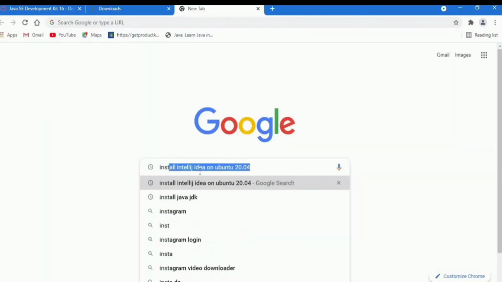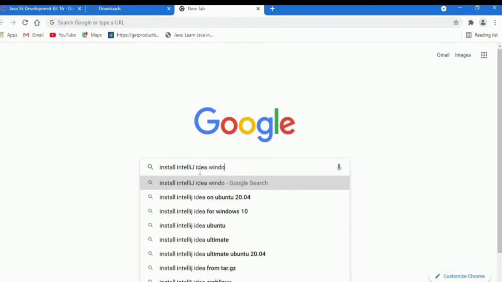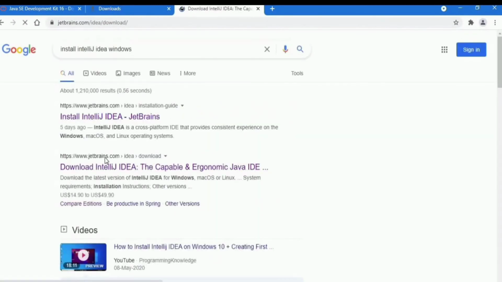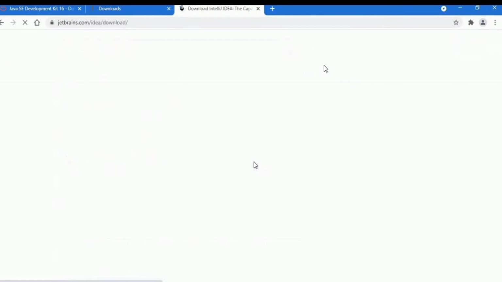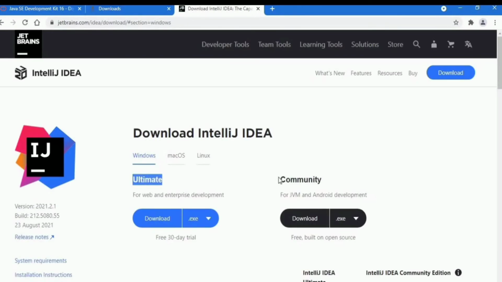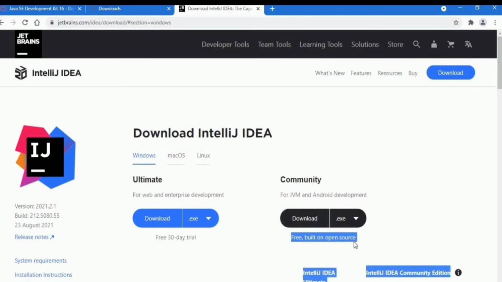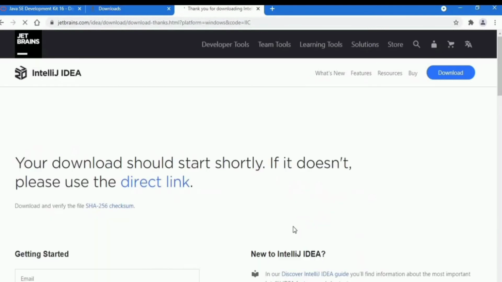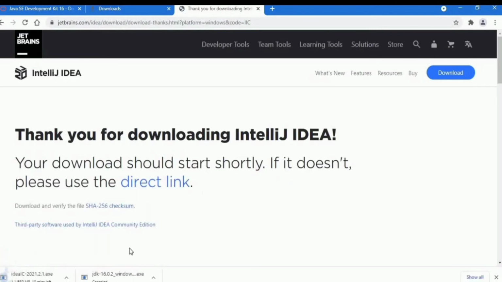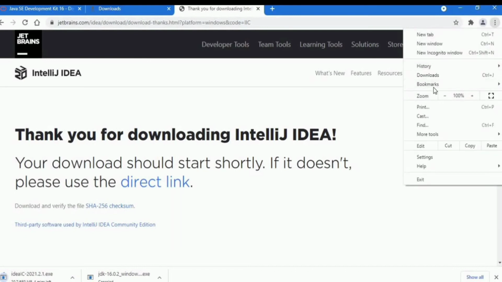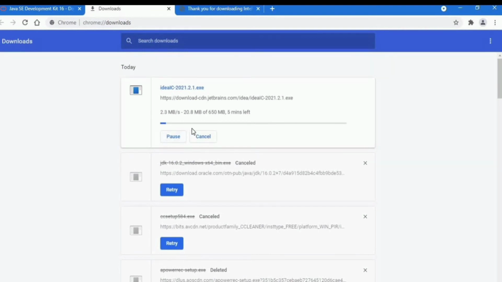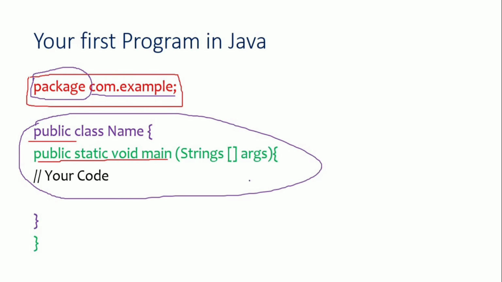Okay, so you have to install IntelliJ IDEA on Windows. Select the second page, and then you will be on the download page. You have two options, either to download the Ultimate version or the Community version. The Ultimate version is a 30 day free trial, but we are just using the Community version here. So click the Community version, wait for a few seconds, and it will start downloading. You can see that it's downloading, but I don't need it, so I'll cancel it because I already installed it.